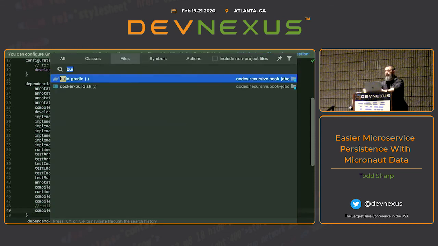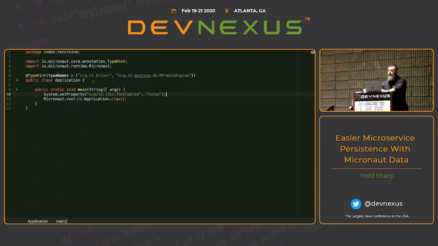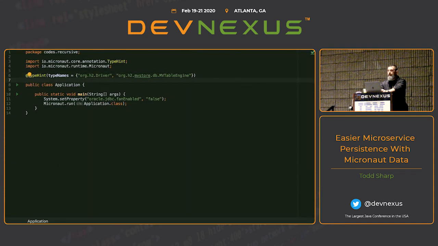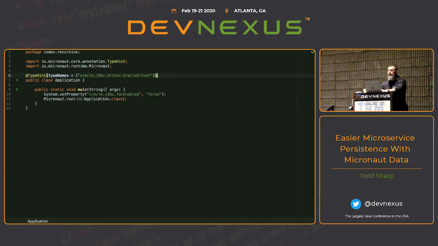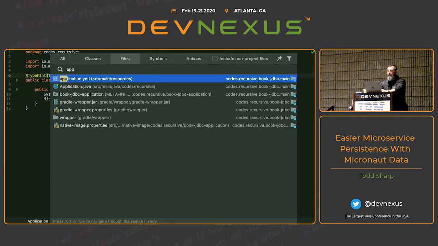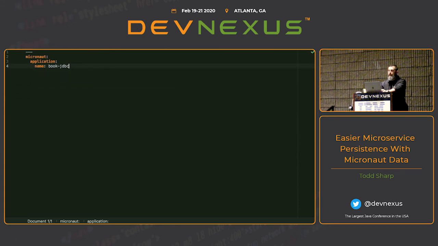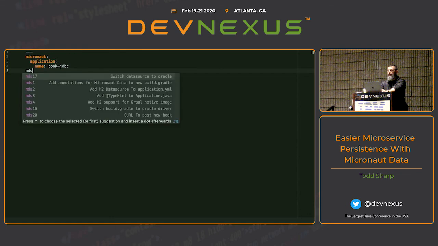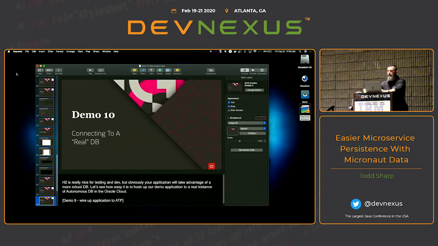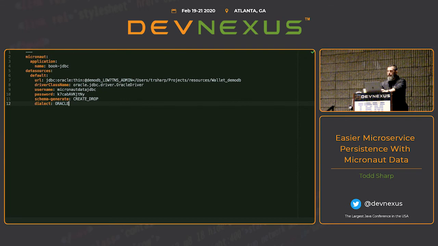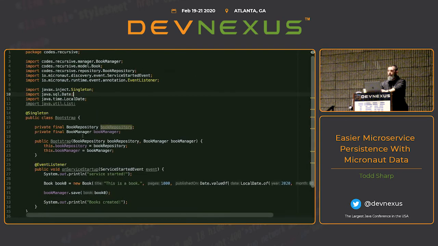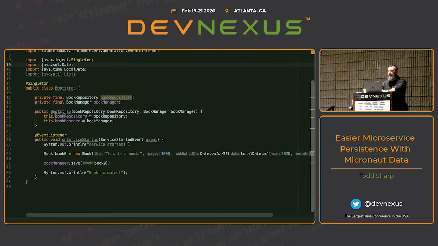We can then switch our type hint on the application class to the Oracle driver. And then if we come over here, we can switch our data source to the Oracle database. Right, so at this point, if we were to rerun our application,